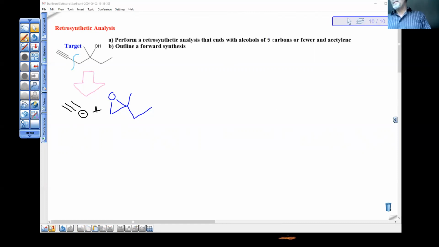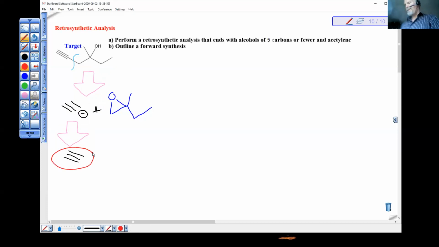Acetylide, though, is a molecule that comes from acetylene. So that is something on the list. That's acetylene. This guy here